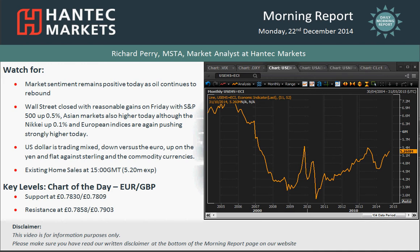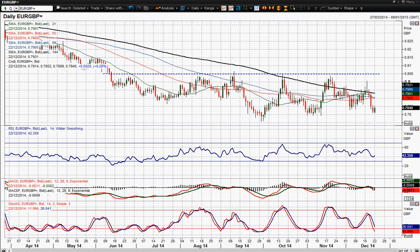I did say earlier that sterling is basically flat and the euro is up against the dollar, and my chart of the day reflects that. It's the euro sterling chart, and this is euro sterling over the past 8 months or so. In the last 6 months, we've seen euro sterling basically just form this big range sideways. It could turn out to be a base. It could also turn out to be a continuation pattern to the downside, but at the moment it's